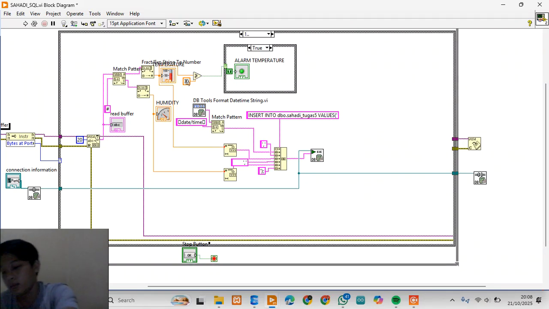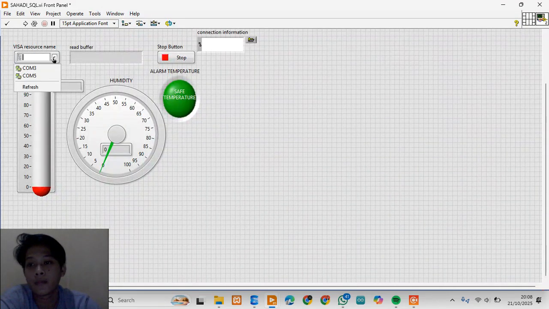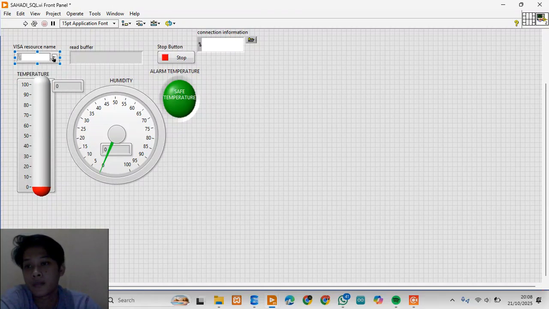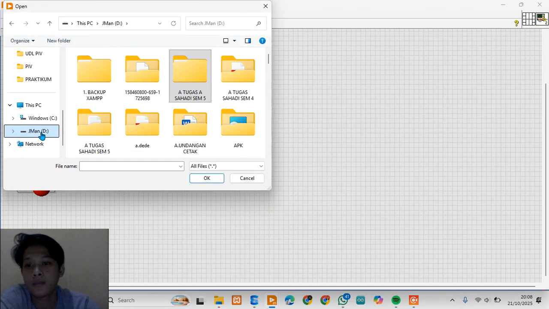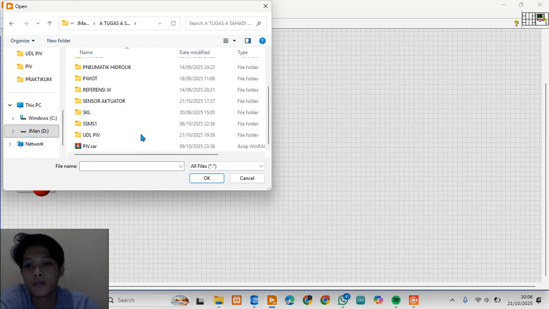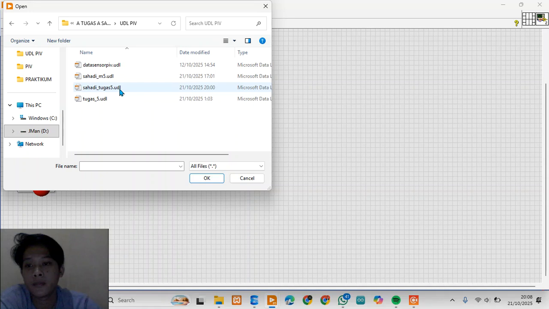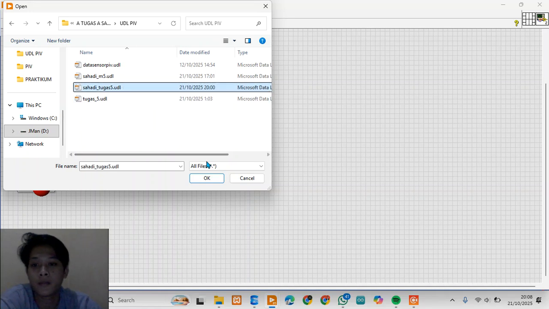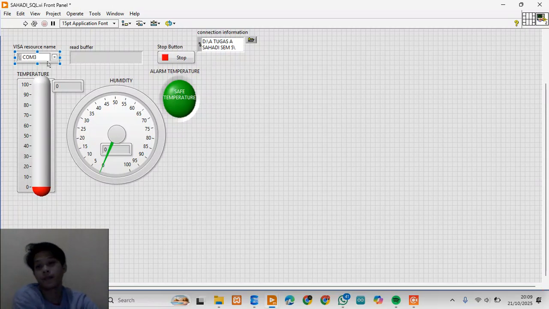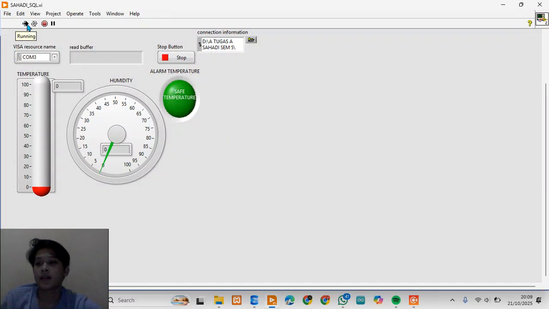I connect to my hardware, run the program, select the UDL file, okay, and run.